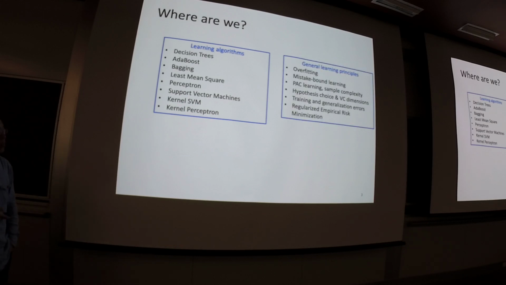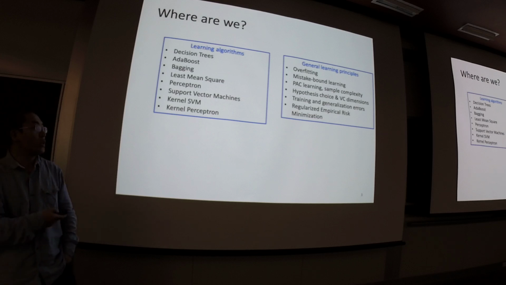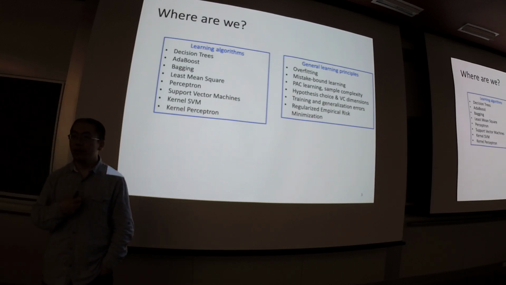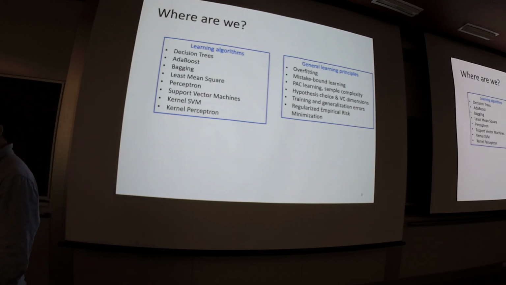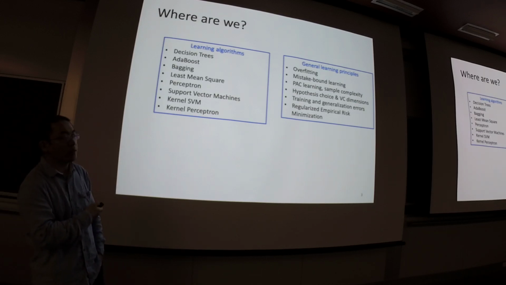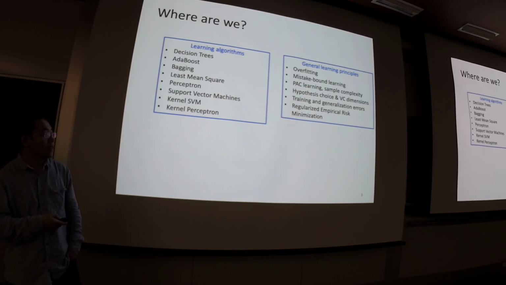And through the learning of those algorithms, we also get some theoretical view of machine learning, right? What is the concept of overfitting, and what is mistake bound learning? Perceptron is typical mistake bound learning because we're trying to minimize the number of mistakes during the learning procedure. We even derive an upper bound of the mistakes. And PAC learning, sample complexity and generalization error bound, and through the introduction of the SVM, we get to know